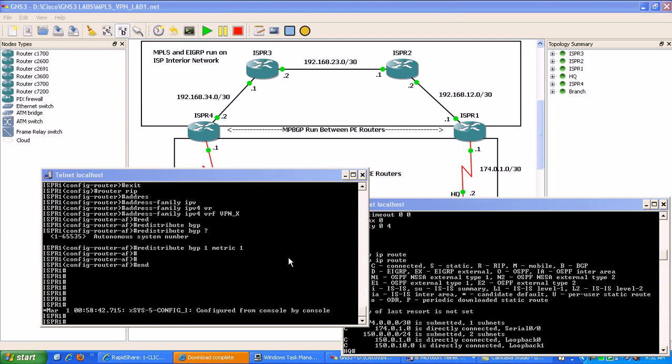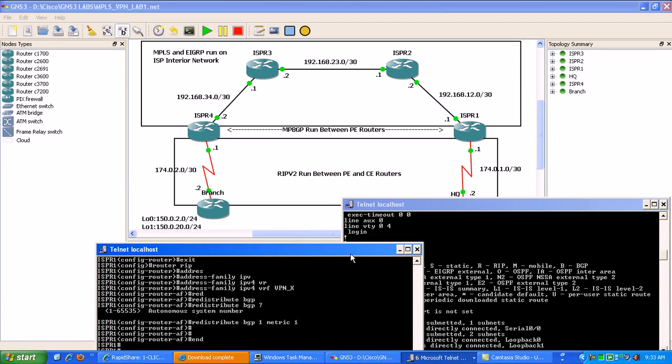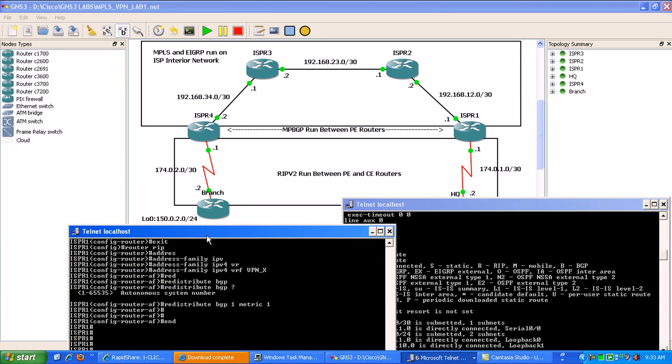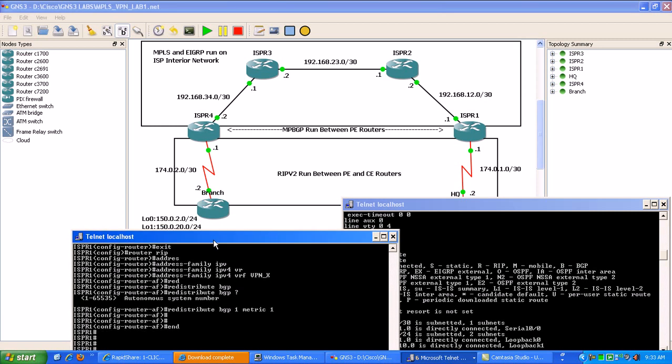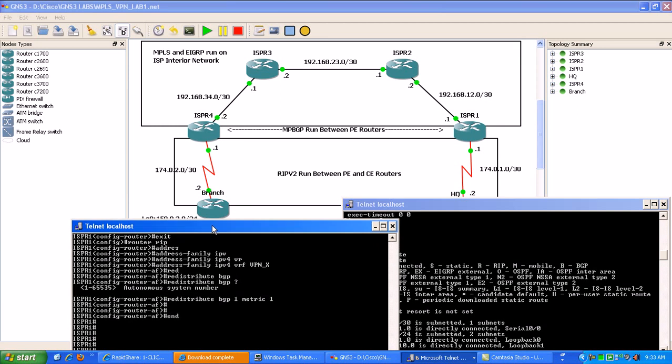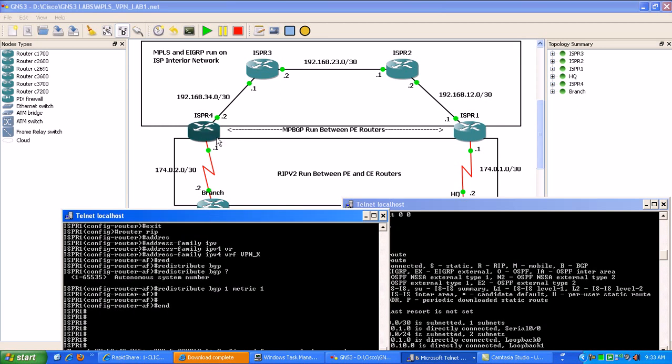So if all is well and we do have everything configured correctly, what's going to happen is the branch router is going to be advertising the 150.0.2 and the 150.0.20 networks via RIP to ISP router 4. ISP router 4 is going to take those RIP routes learned via the VRF that it has to the branch router,